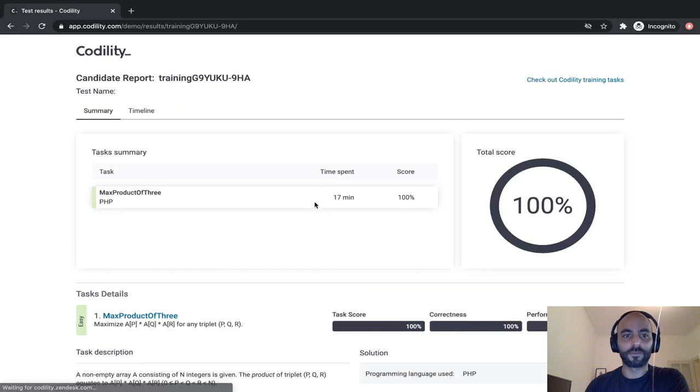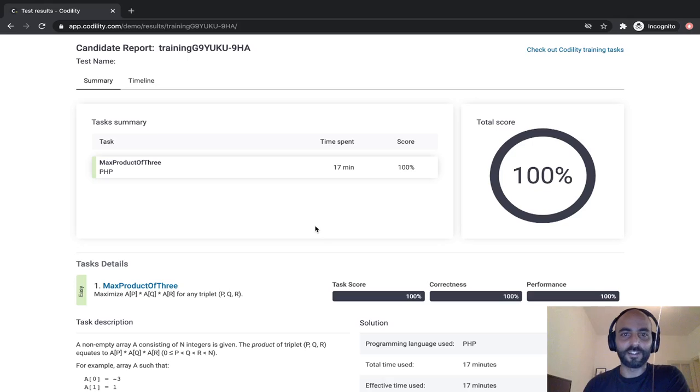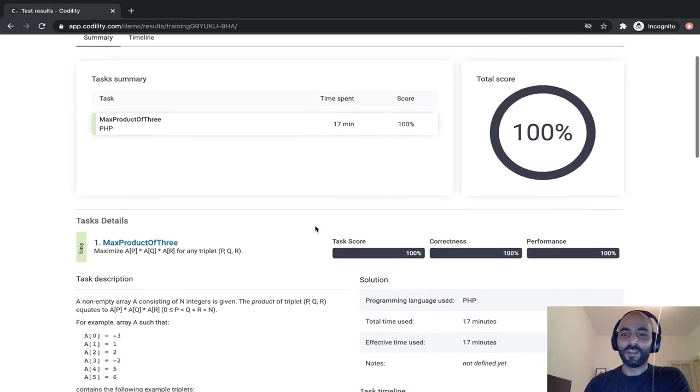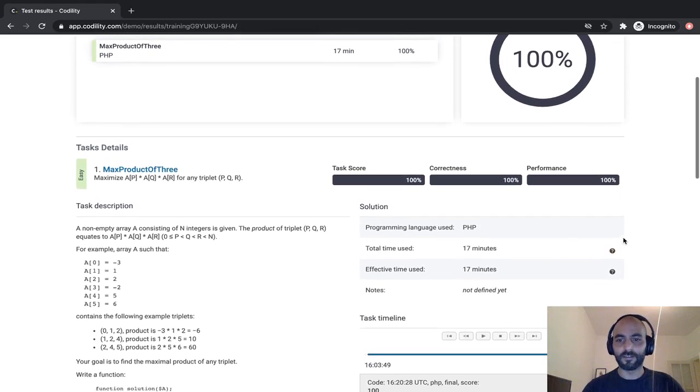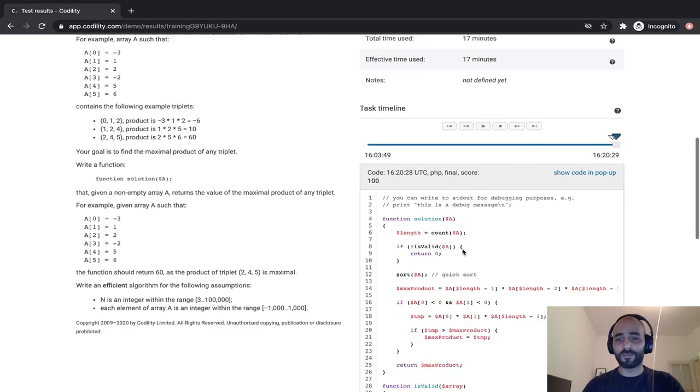Okay. So we don't have a problem. We have scored correctness 100, performance 100. To be honest with you, the first time, more than a year ago, I didn't score performance 100% because I did it the long way, the one that I explained to you. I had to read and explore more how to solve these kinds of problems. It took us 17 minutes. I guess it will take less, but since we had to explain a lot of things,